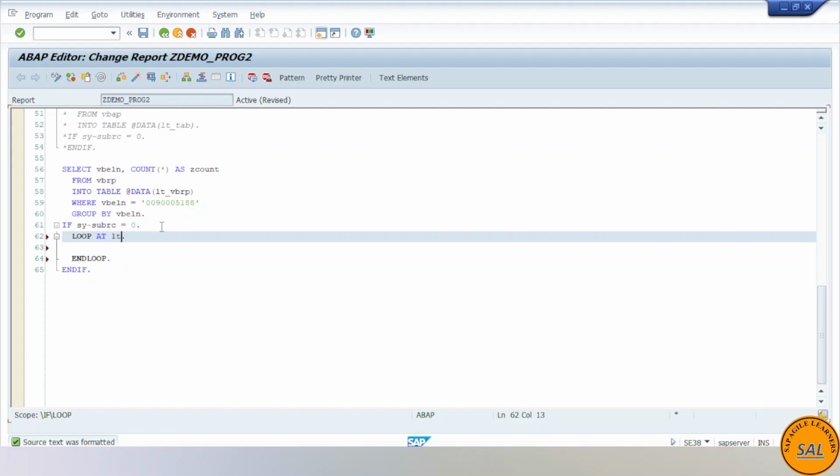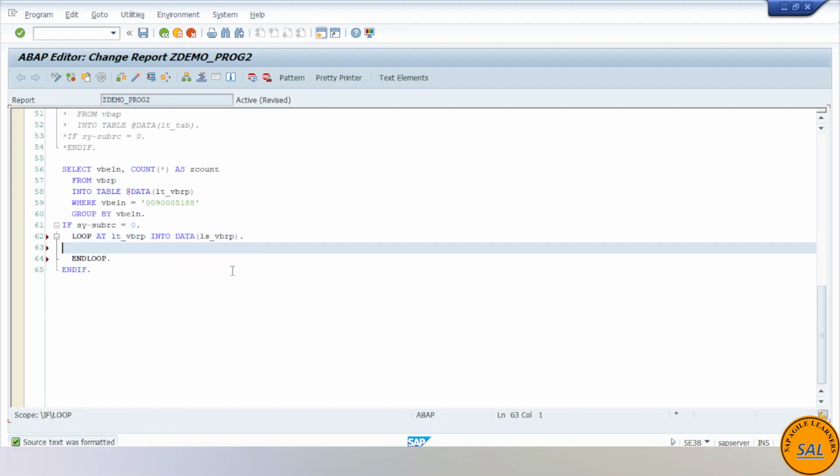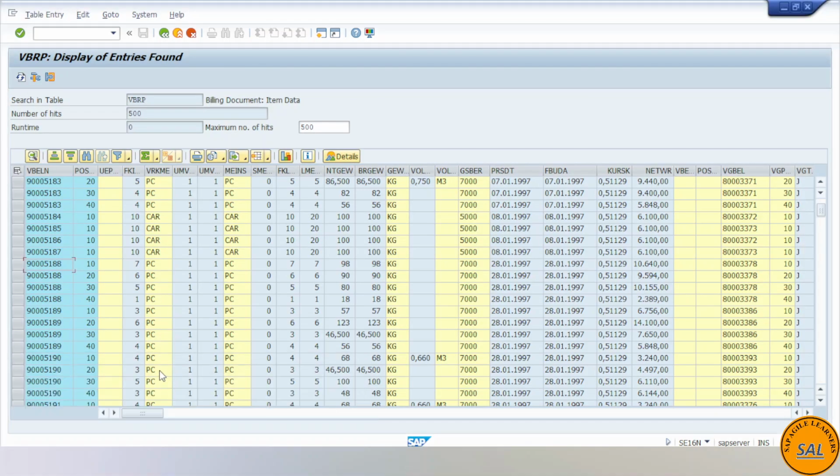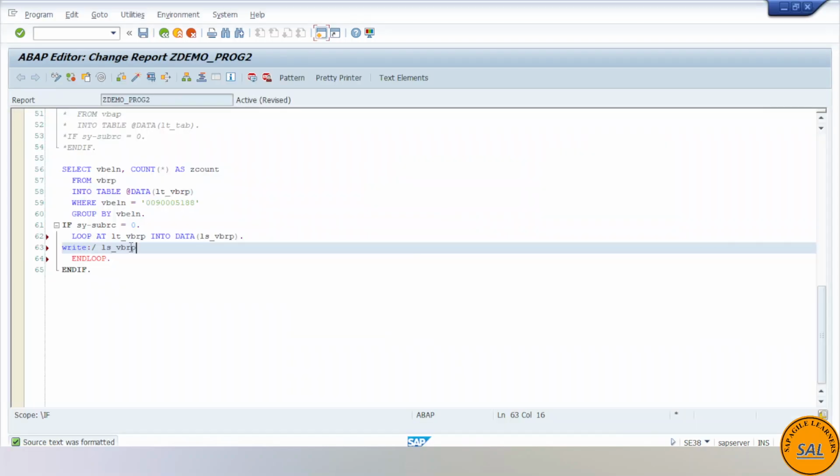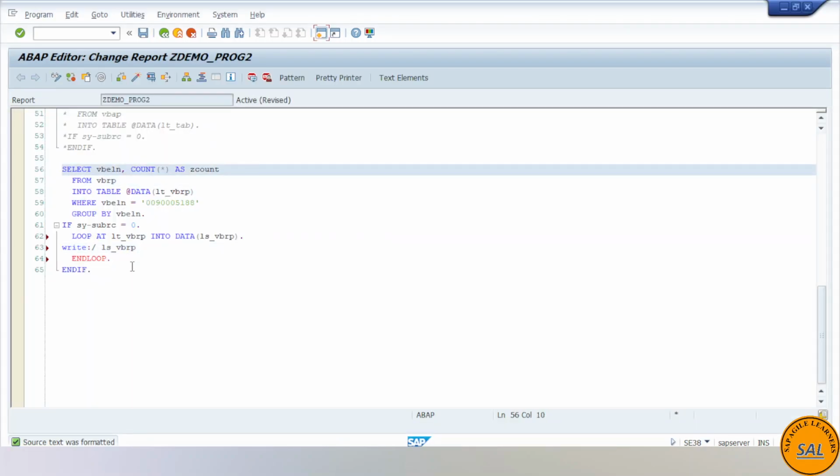Loop at LTVBRP, and we will be directly using an ABAP 7.4 feature here, so you can mention directly into data without declaring any variable in your top declaration. So ls VBRP, you can directly use it, and now we can print it using the write statement to see our output on the screen. Write ls_VBRP, and what fields you want to show, you can see from here, or from here as well, VBELN,